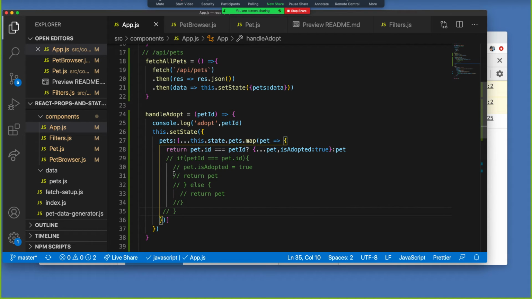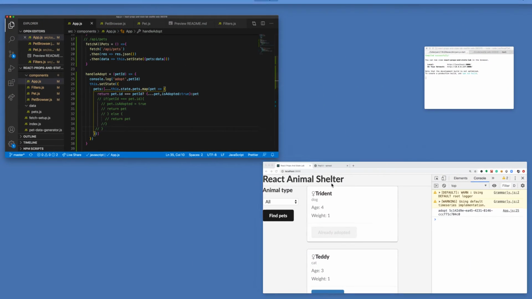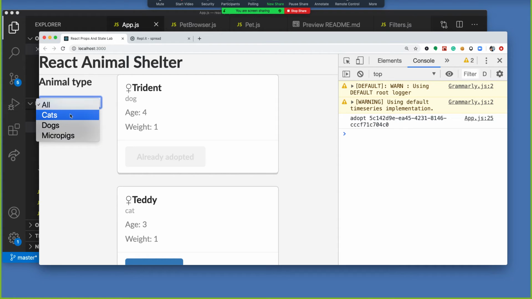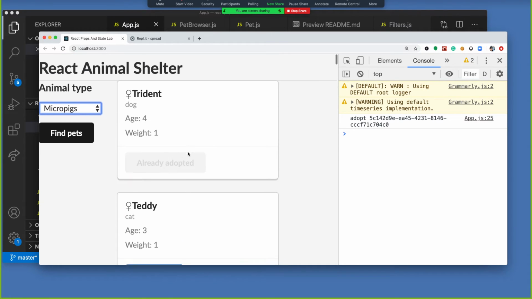Next, we need to do the filter. So the idea behind the filter is we are able to click on any of these and it will change what's displayed here, right? Mm-hmm. So